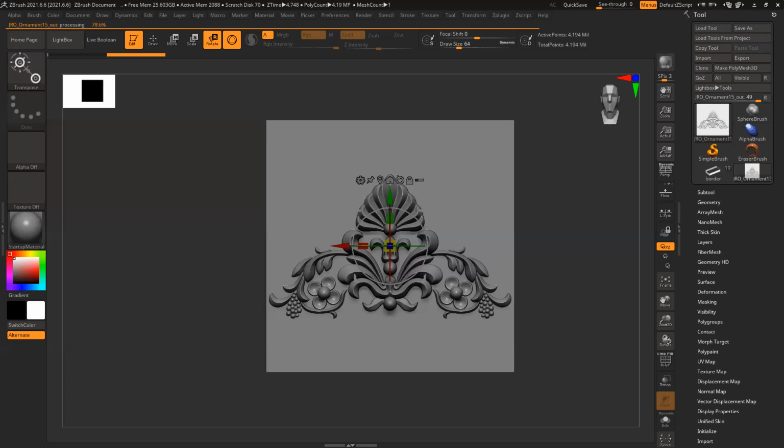So why are we using decimation instead of ZRemesher? Remesher won't optimize, it will reduce all this detail. Decimation will retain all the detail and reduce the poly count, because it has nothing to do with your topology, right? Because high poly topology can be anything, you just need to have the correct shape. So I want to retain the shape, because if you ZRemesh, it will smooth all the edges and sharpness, and make it a little smoother, softer. That's why.